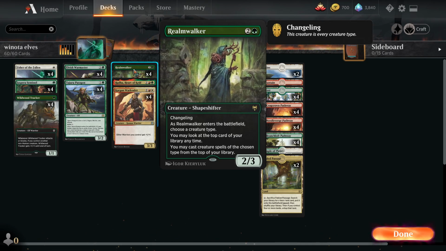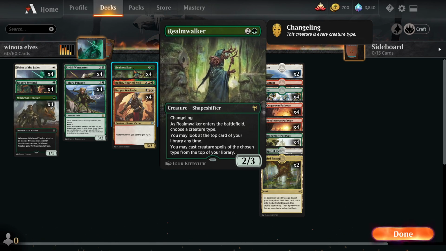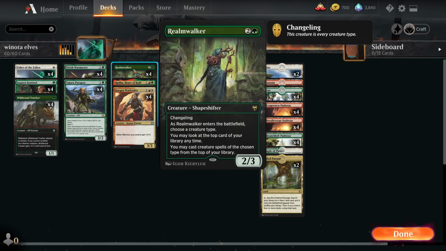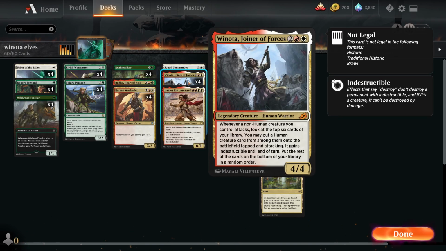Because one of the problems with Winota, what makes the equipment deck a little bit better than some of the other decks that I've seen with Winota, is that you're not so all in. You have other outs besides going for your bomb. But this is a deck that does have other outs as well. I found it to be just as aggressive as the equipment deck, and it can find other outs